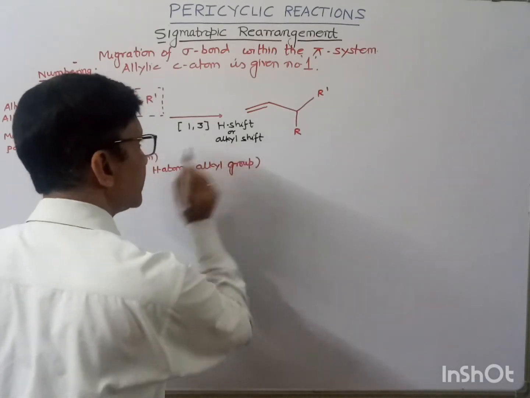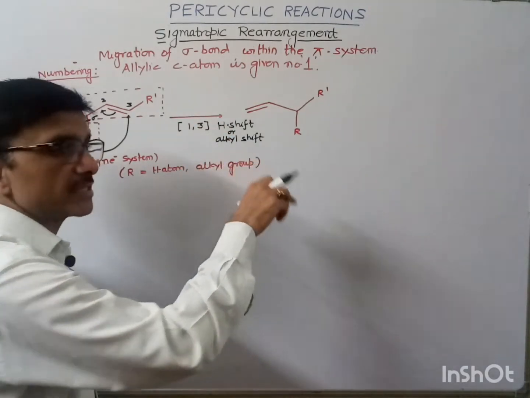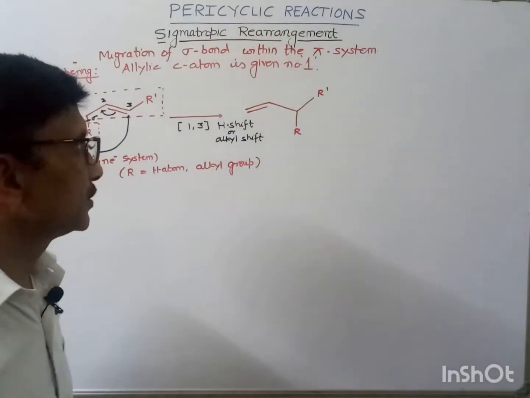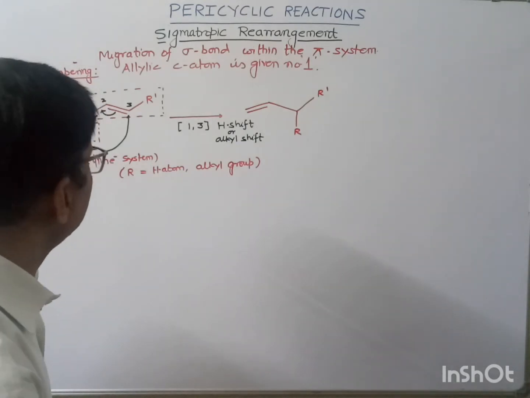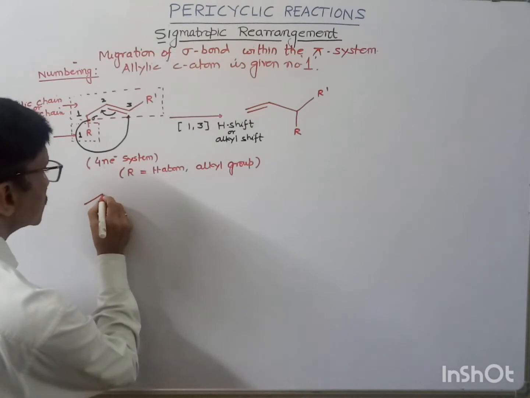If hydrogen migrates, it is called the hydrogen shift. If an alkyl group migrates, then it is called the alkyl shift. In the same way, we may write another example. Suppose